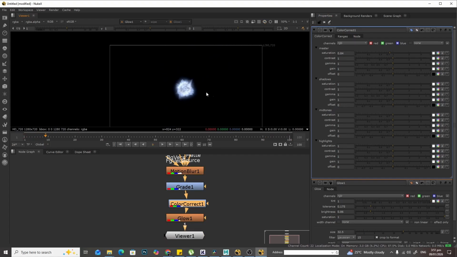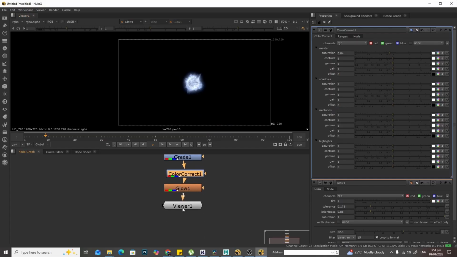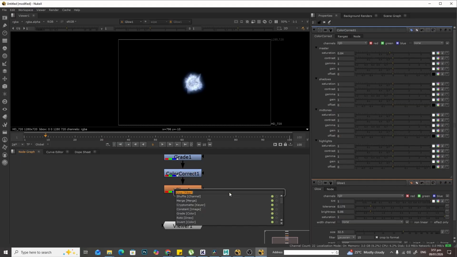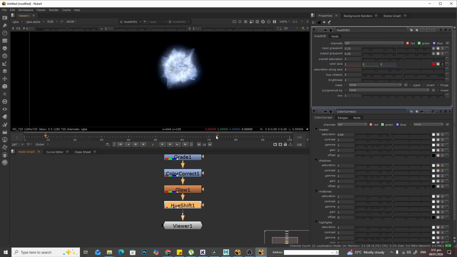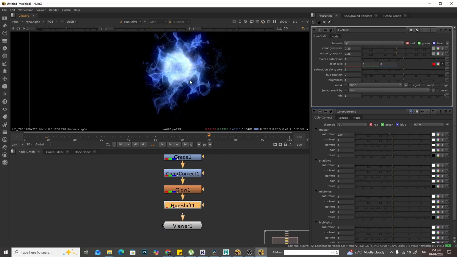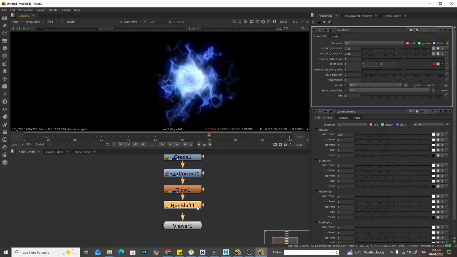Okay. And lastly, if you need to, you can change the color here. So I can go for a hue shift, after the glow. Let's go to a frame where you see a lot of the, there you go. And then with my hue shift selected, I can just adjust hue rotation. So I can go through the different colors,